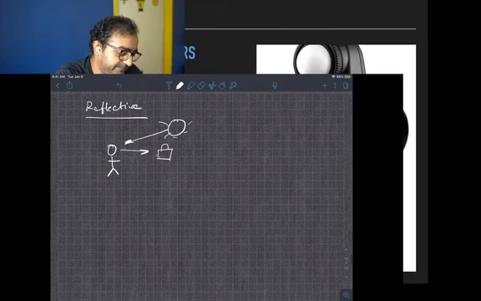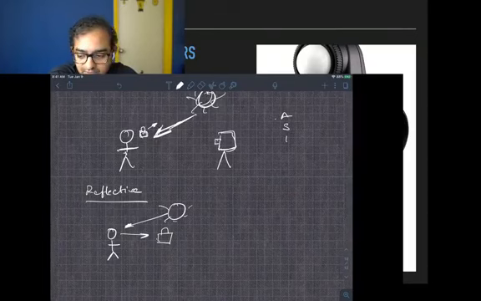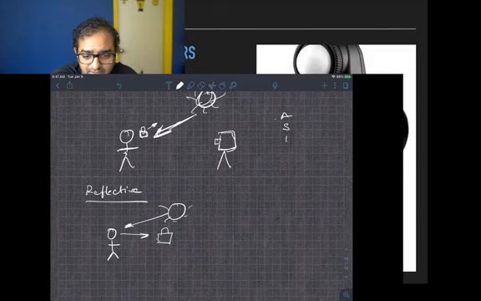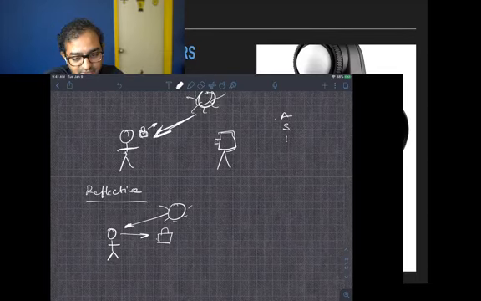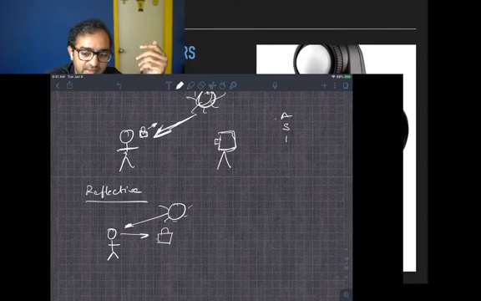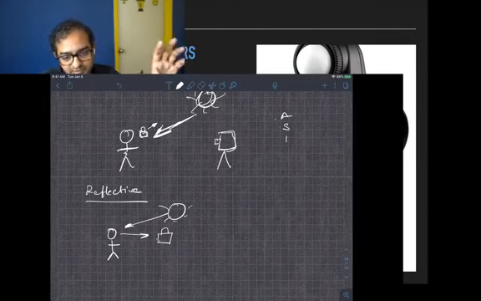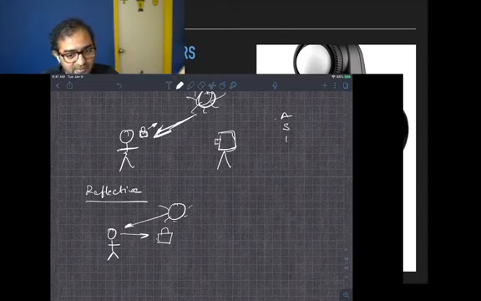Now, the obvious differences are, a reflected light meter reading will always change based on the reflectivity of the subject. So if a subject is pure black, the light meter will not get any reading. So it will give you a very high ISO, a very low shutter speed, a very large aperture to get an equivalent exposure, to get a decent exposure. But an incident light meter reading is independent of the reflectivity of the subject. Right? It will always give you the same light meter reading. It doesn't matter what the subject is.